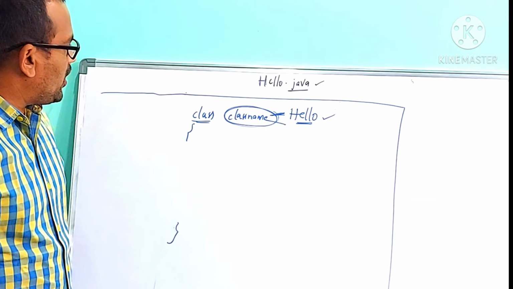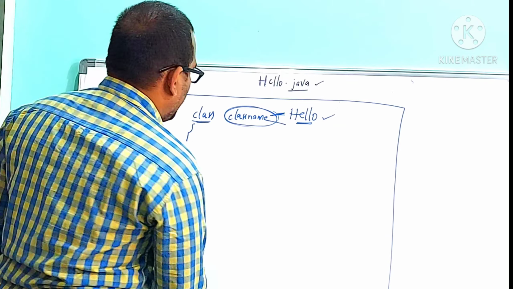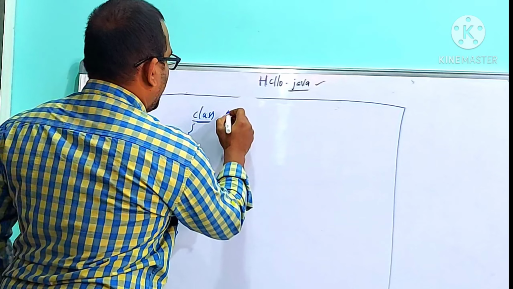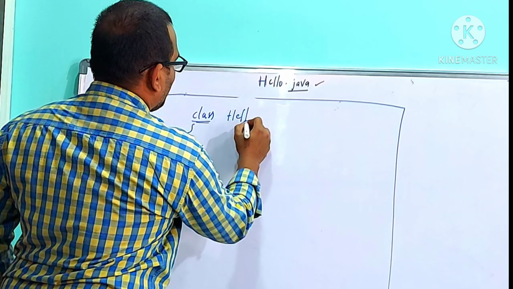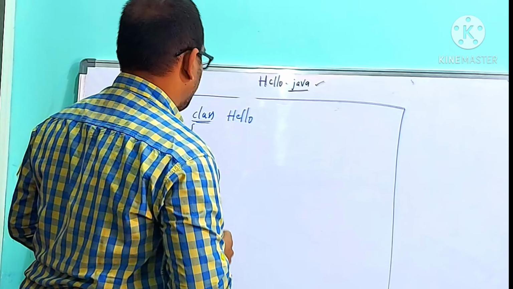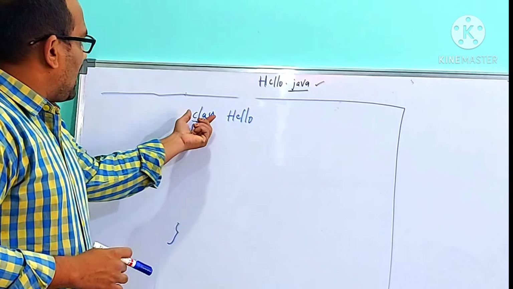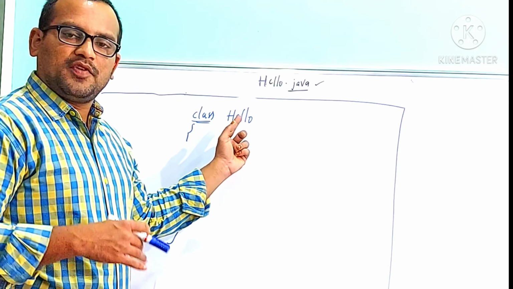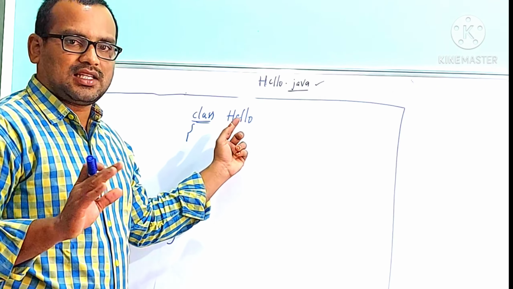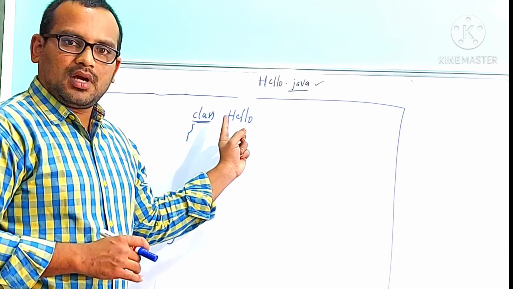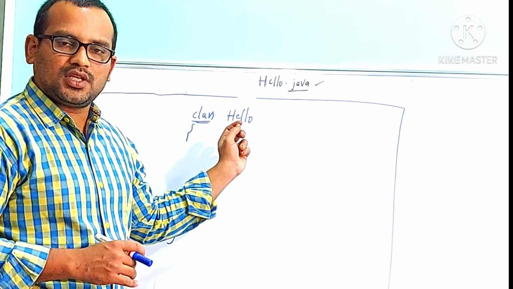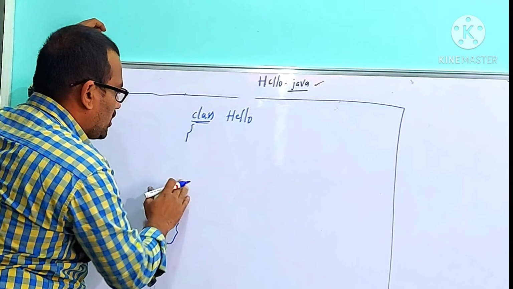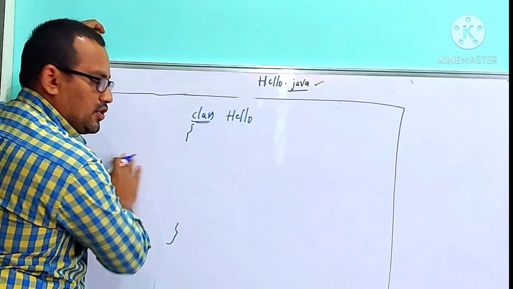So my dear students, generally remember class name should be similar to program name. Program name should be similar to class name. So I have written class followed by class name. In future we are going to discuss in detail about the class name. Class name I am taking hello because I saved this program by using hello.java. I told you, to start a Java program it should start with the main function.